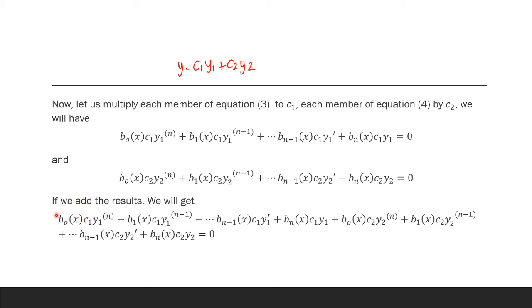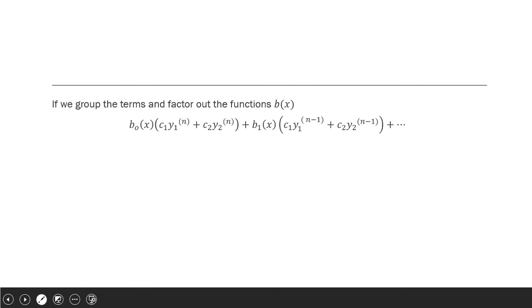So, itong b sub 0 of x na to, ito rin yan, no? B sub 0 of x. If we do that, factor out natin siya, and we group the terms, we will have this equation. Kinuha natin yung b sub 0 of x, tapos yung b sub 1 of x, hanggang sa b sub n of x, tapos equal to 0. Now, kung mapapansin, we have c1, y1 raised to a certain derivative, c2, y2 to a certain derivative, and by rules of derivative class, we can just say na